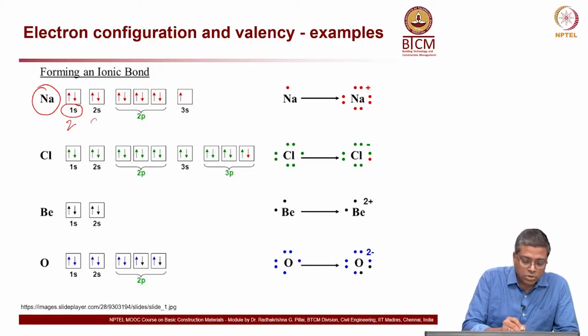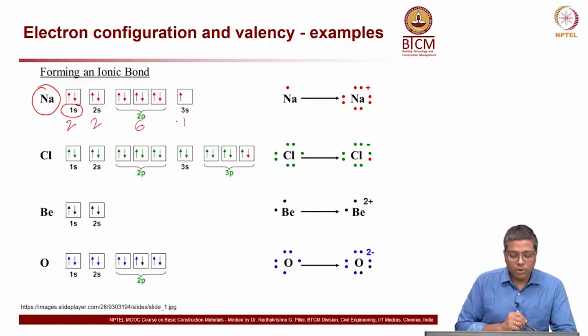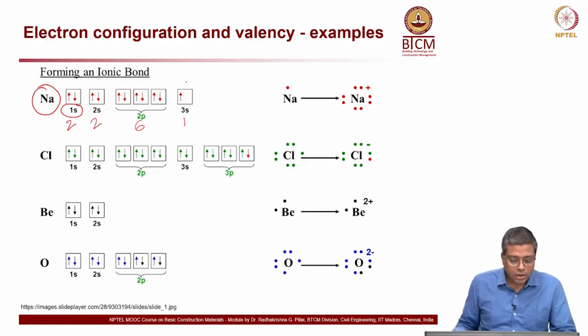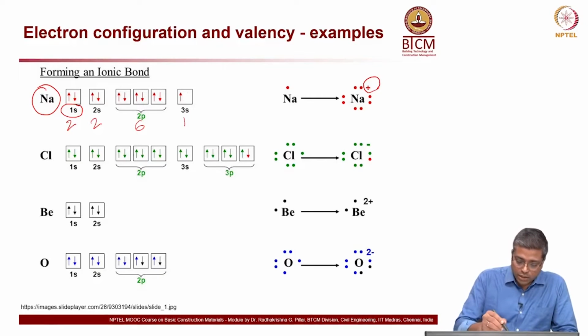Next 2 electrons go to 2s and next 6 electrons go to 2p, and then 1 is left. One more. Now, what will happen here? Instead of filling this, this is it, you have only 11 electrons available. Now, look at the sketch on the right side. You can see that there is this plus 1. What it means is this particular one is lost or given to